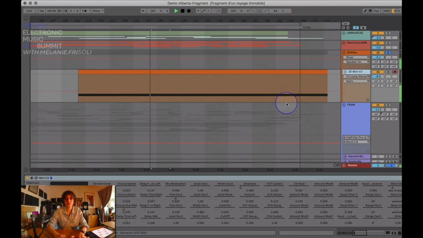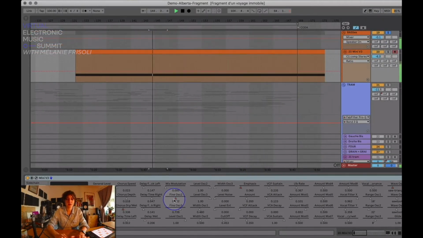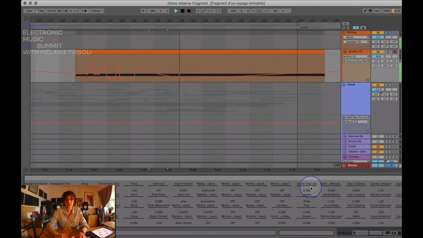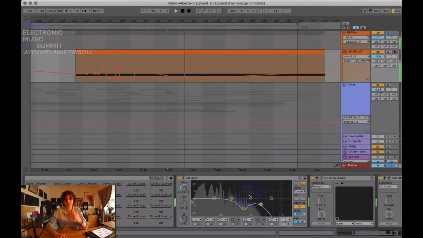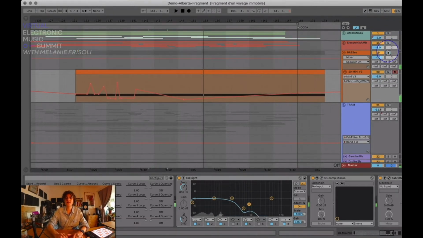There is a lot of automation on this bass. You can see. And also automation on the EQ, just to make the bass a bit less static, and it brings some depth to the soundscape right now. So if we listen to the three of them,